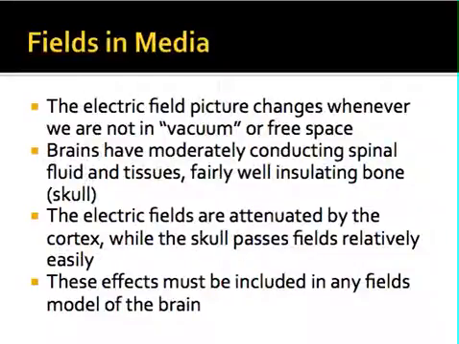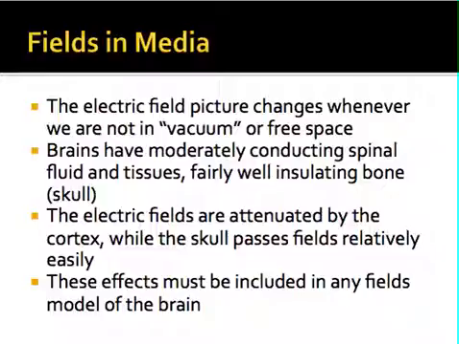The main difference between the ideal situation for electric fields and what we face in the brain is that despite what some of your high school teachers probably told you, your brain is not a vacuum. It actually does contain a number of different kinds of tissues. You have spinal fluid, you have your skull, your scalp, your hair. And as electric fields pass through these tissues, they are attenuated or changed in some way. Fortunately,